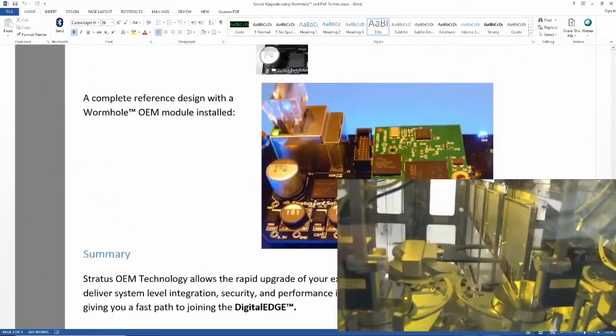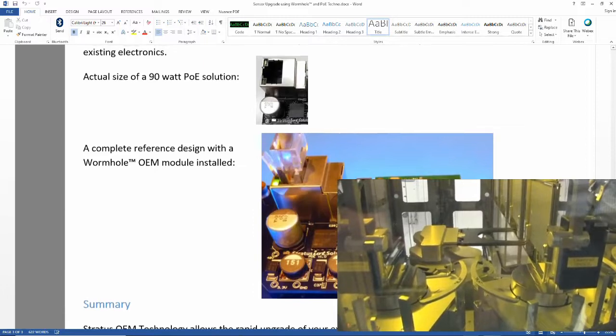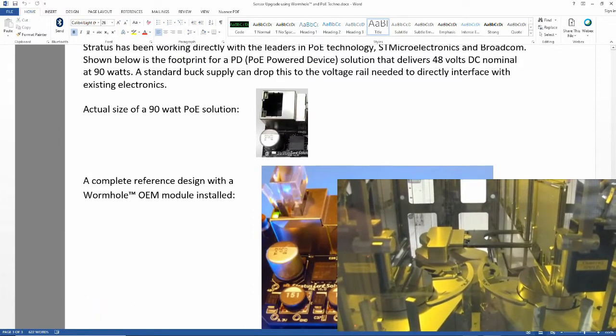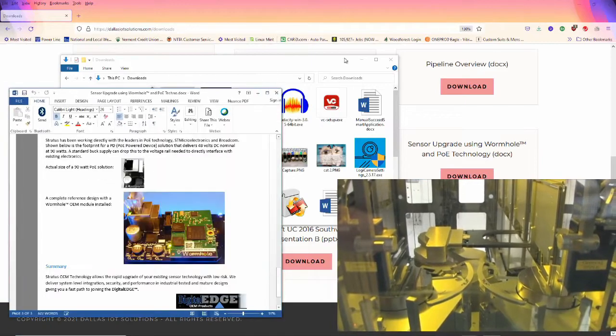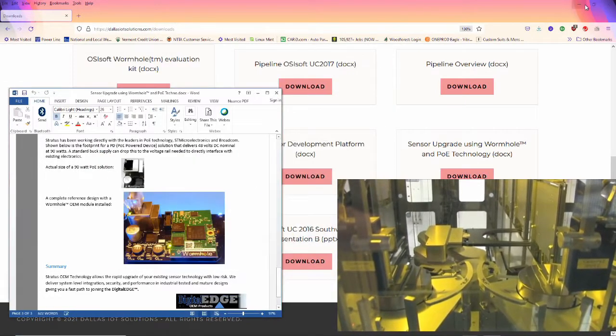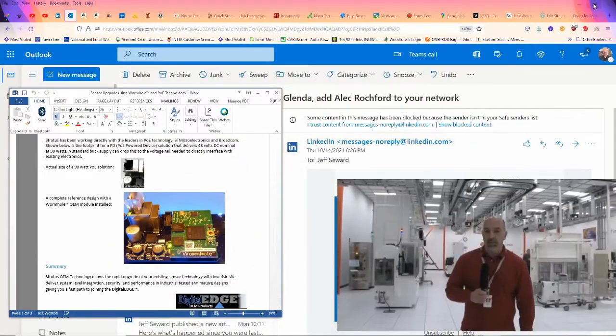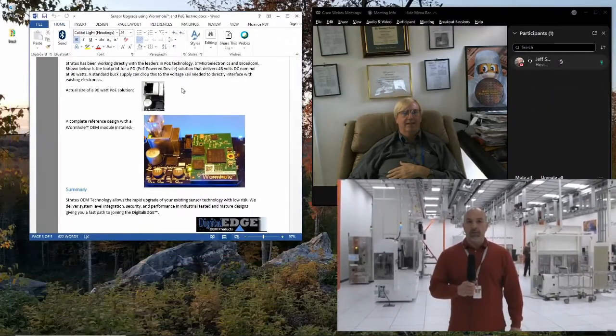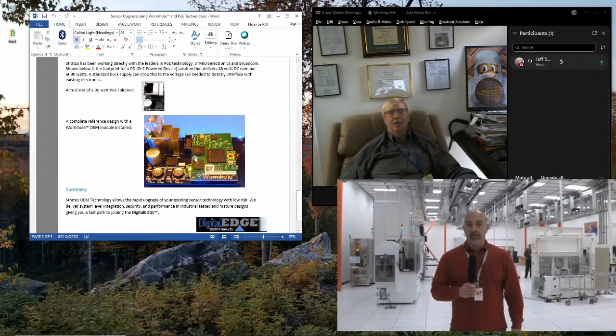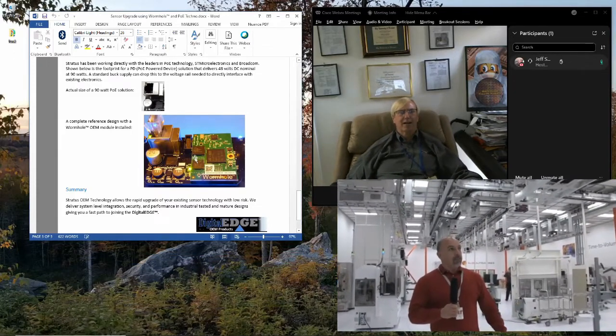All right, here we go. This is kind of cool. There we go. This is a reference design circuit board we did on PoE.